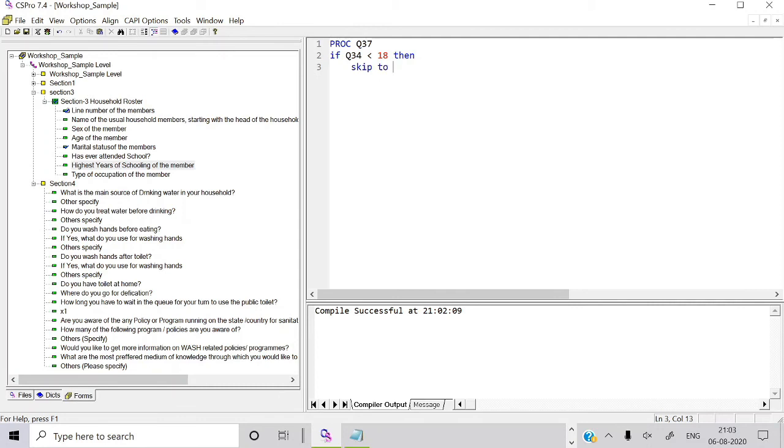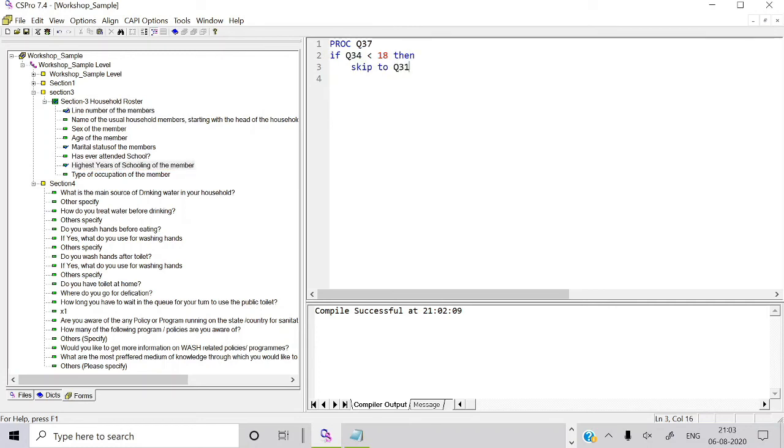The normal skip pattern we have not given, skip to next variable. Simply, we have to skip to Q31. Normally we would write skip to Q31.